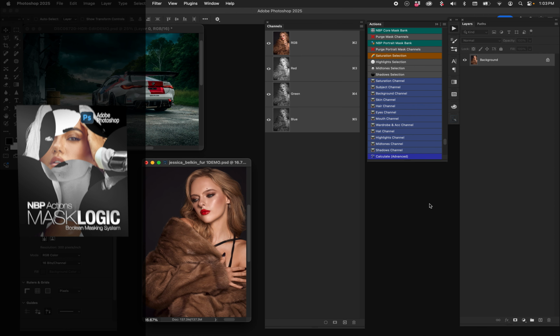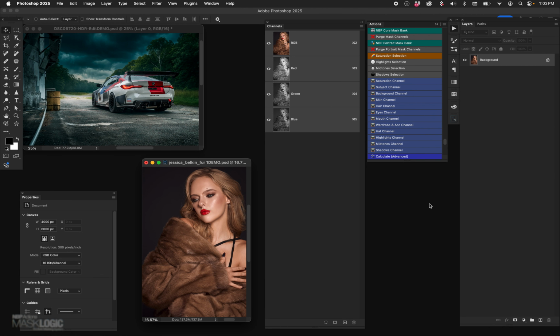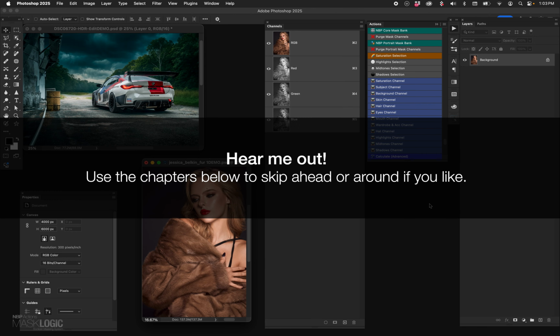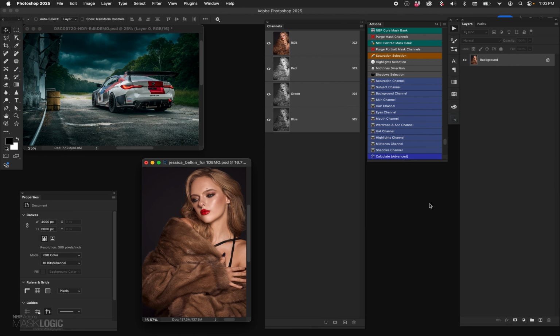Now, this is a little bit more complicated than the general one, and if you haven't seen that video, please do. But when I say complicated, that's what I want to kind of get out of the way up front. Please hear me out. I know I say this on a lot of my videos, but I know that while we're looking on YouTube or the internet in general, looking for ways to make our editing life better and get better results, we run into a lot of things, and a lot of people promise a lot of quick fixes